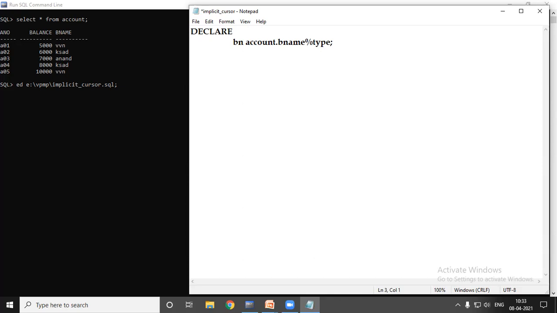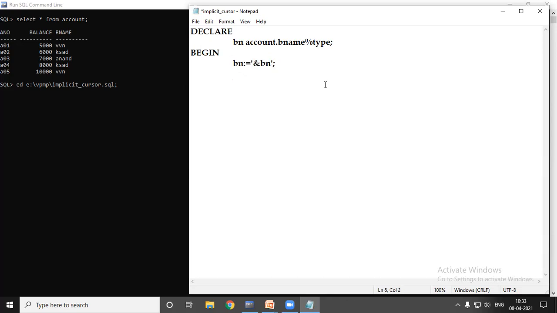Now in the begin section, we are taking value from the user side for the BN variable. So BN, assignment operator is used to store the value, M% BN. Put the semicolon after that. Now what we are going to do, we are converting the branch name into uppercase letters for the specific branch. Which specific branch? Which is entered by the user.